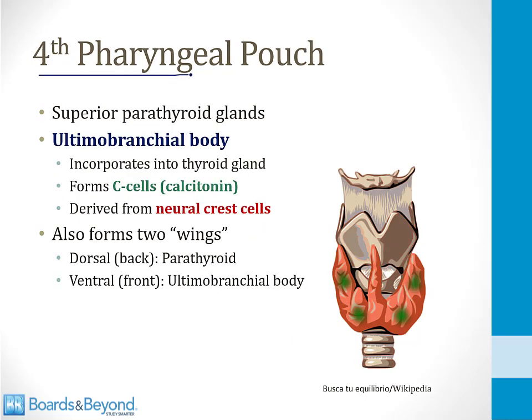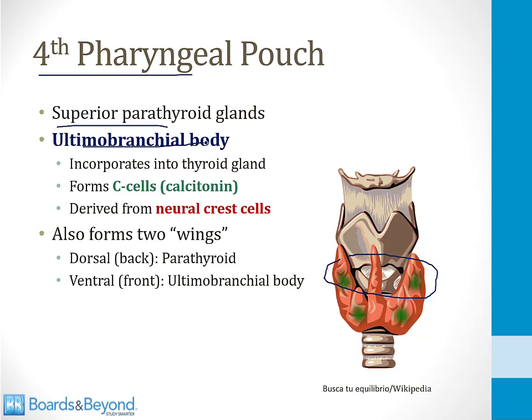The fourth pharyngeal pouch forms the other 2 parathyroid glands, the superior parathyroid glands. Those are the 2 glands I'm circling with my pen in this drawing on the screen here. In addition to the parathyroid glands, the other important structure that derives from the fourth pharyngeal pouch is called the